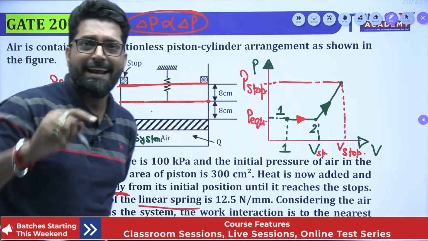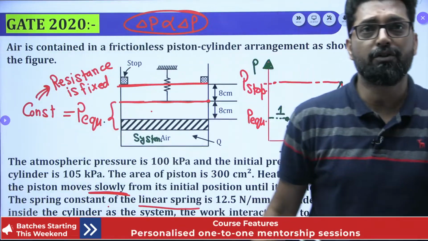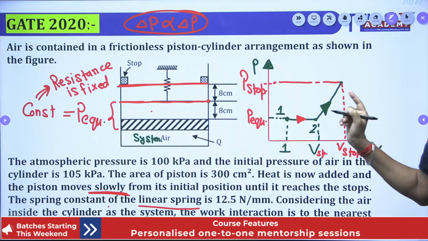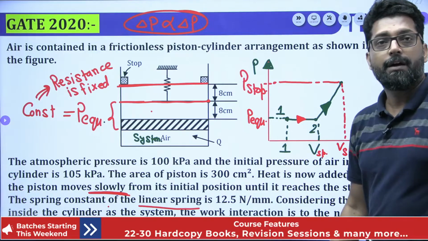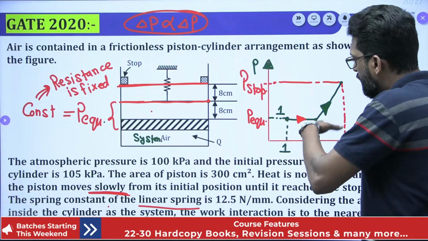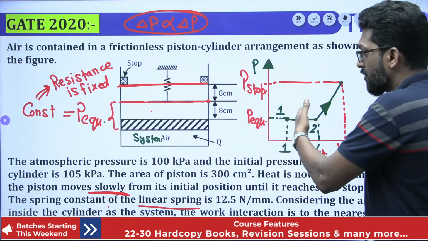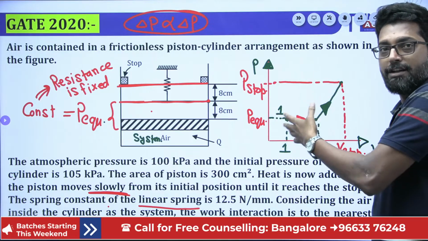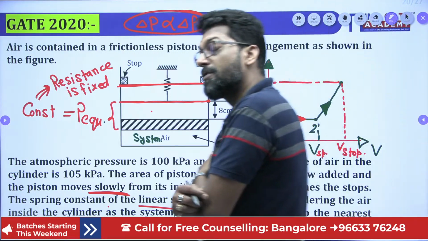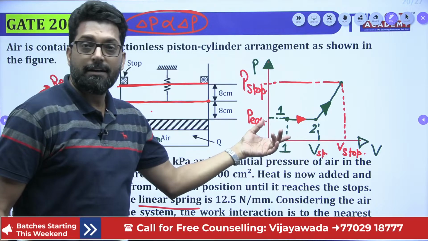You cannot find this diagram anywhere in your resources. But why can you not find it? Because many teachers try to solve without drawing the diagram, but there may be a mistake. This is a simple question, so without drawing you can solve, but for a complex question without drawing the diagram there will be a mistake. I will discuss it in the next classes. If you do not draw the PV diagram,